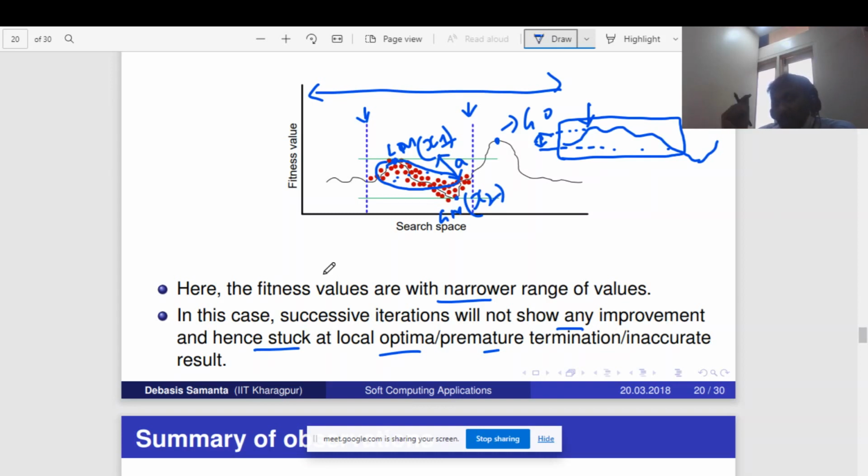Right. But in case 1 it will always select individuals of higher fitness. In case 2 all these individuals' fitness values were almost the same. Are you getting it? So that is why we are saying the range is narrow. Narrow means what? There may be a slight difference, but it is not a great difference.